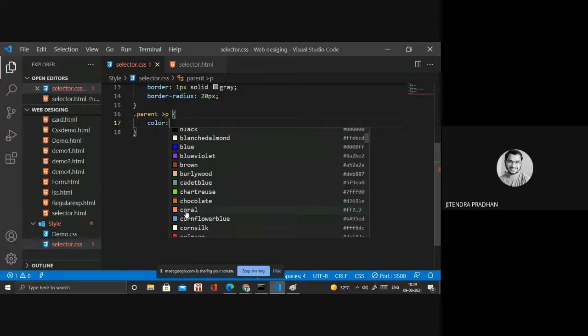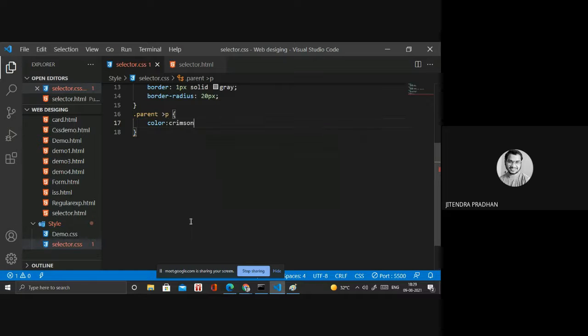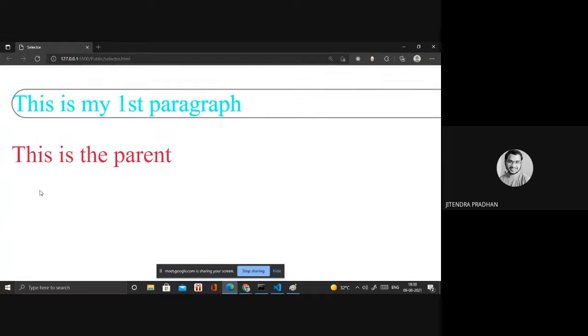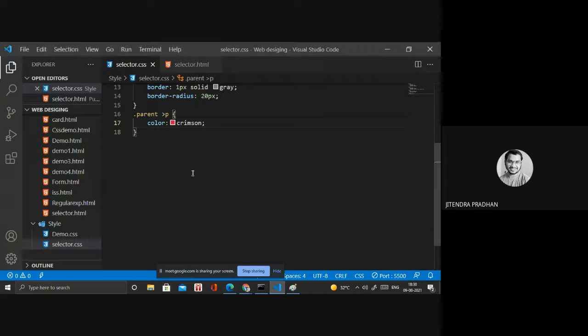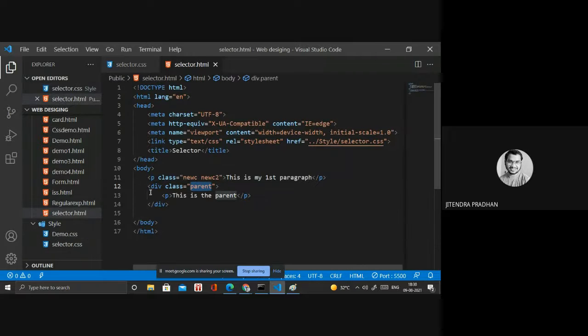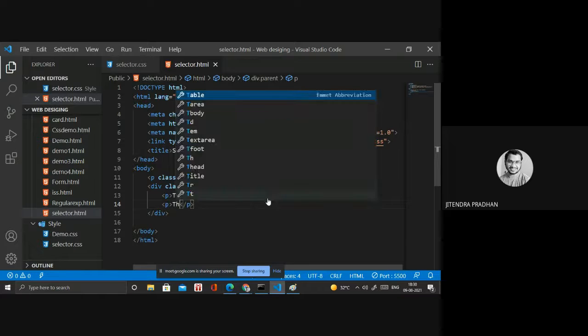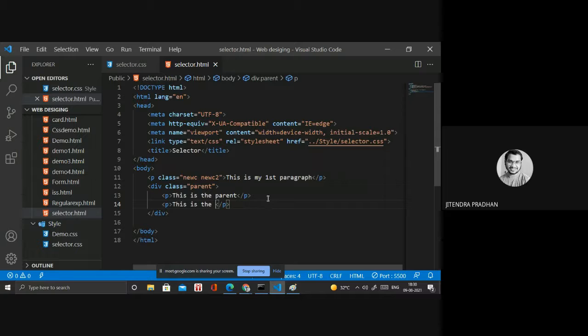I will choose one color, crimson. Okay. Let's see the result. It's affected. This is the relation between child and parent. Whatever you write inside the parent selector, inside the child selector, you can apply by using the child selector. Okay, this is the child selector. If I write another P inside that, this is the child. Yeah, child selector.